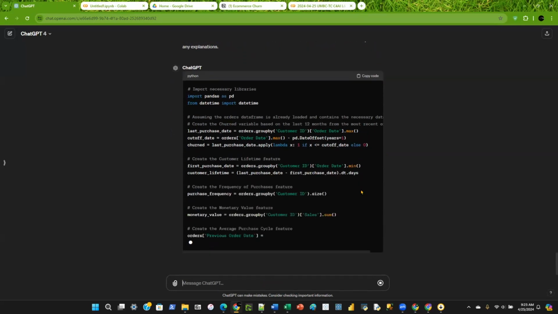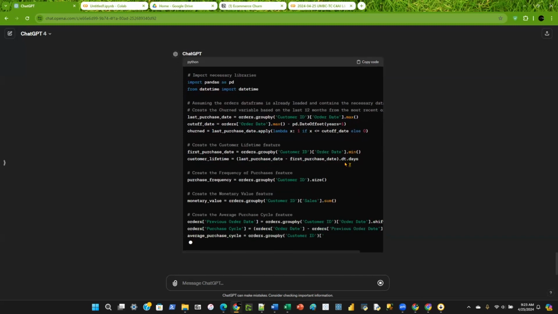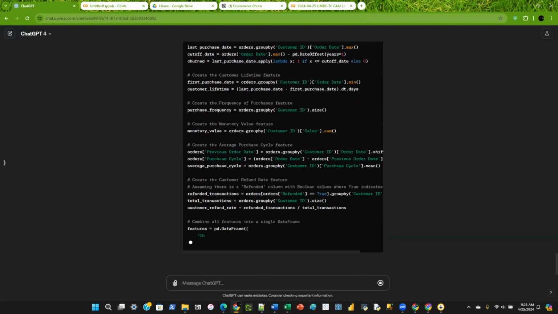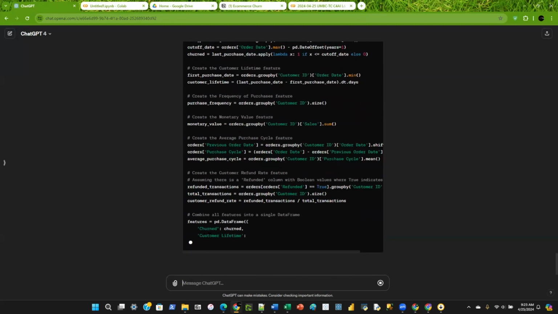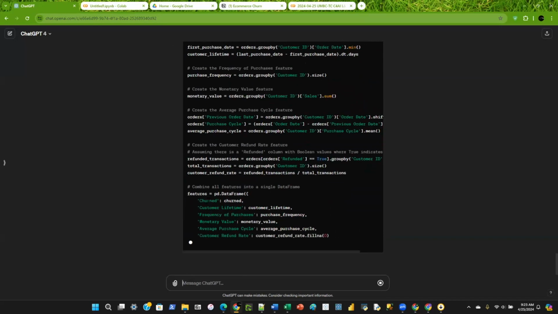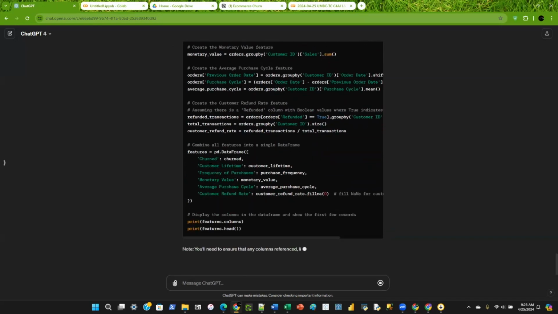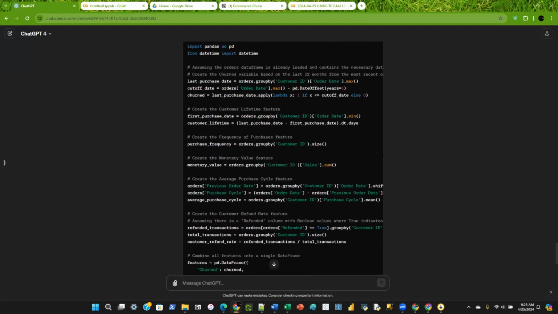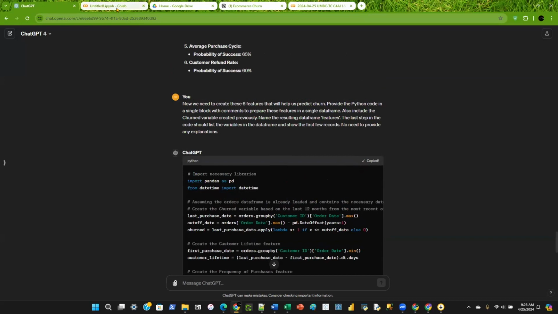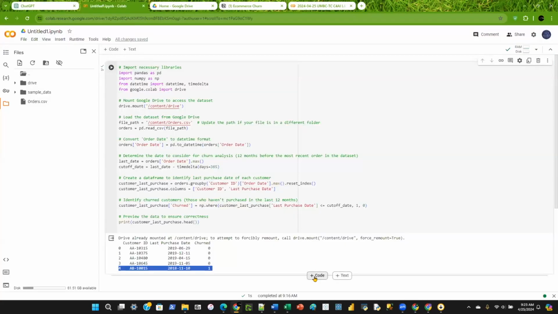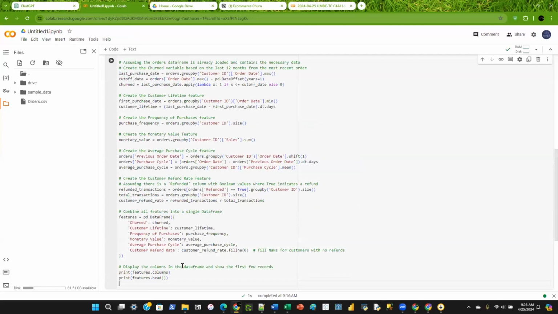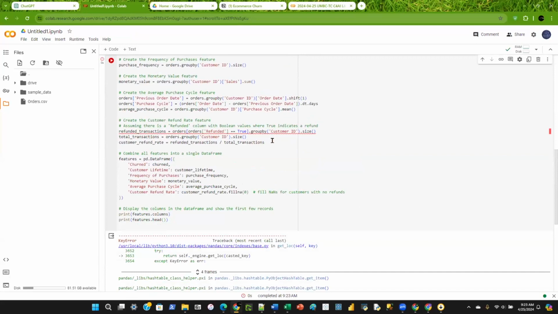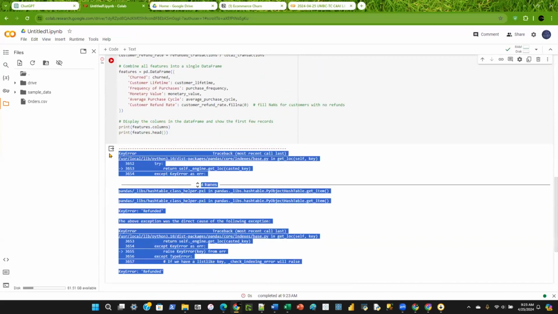So we'll let it do this thing here. So we can see we had 6 features. We have the churned Boolean flag. I'm only seeing 1, 2, 3, 4, 5. Okay, but let's see. Let's copy the code, go back to our Python here, in Google Colab, enter the code and click run. Let's see what happens. And it is complaining. It's giving me an error. Here's an example where it doesn't work.